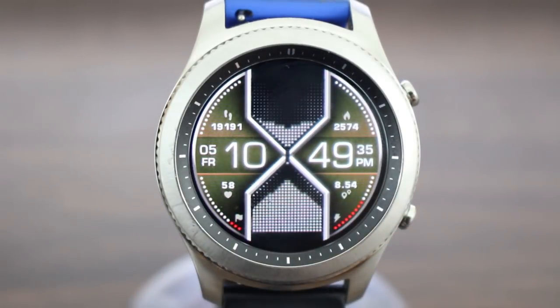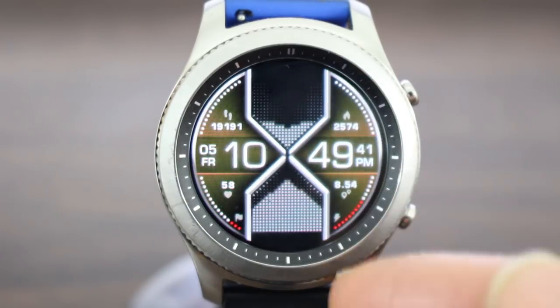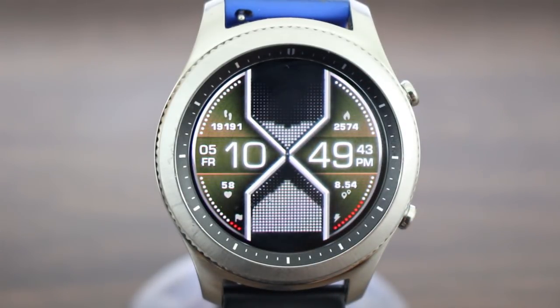First of all, you get your digital time and you get it split. I always like the split design. Gives it some character, and you got this hourglass theme going on right here, which looks nice. In all 4 corners, you get information on your exercising steps, calories burned, miles walked or ran, and your heart